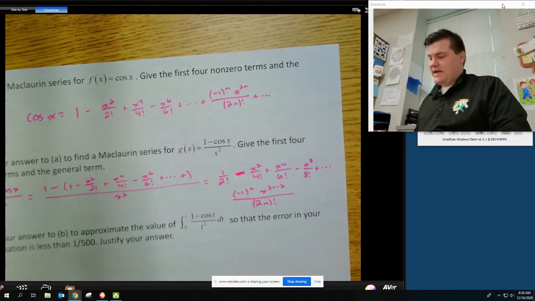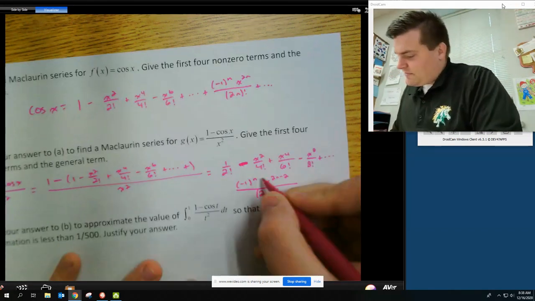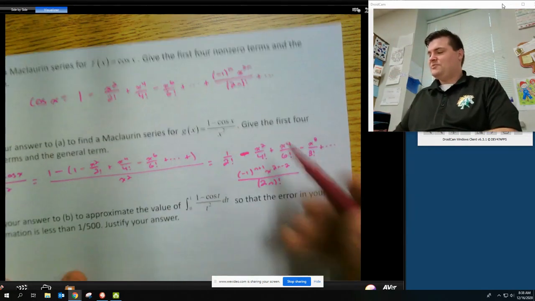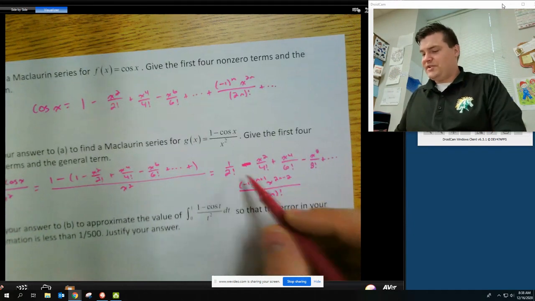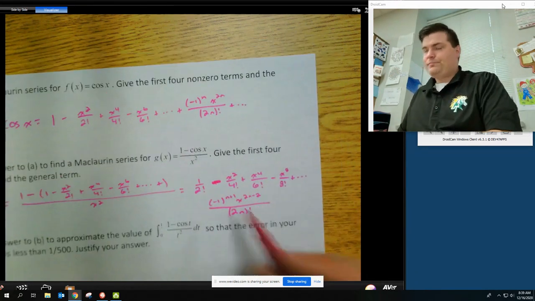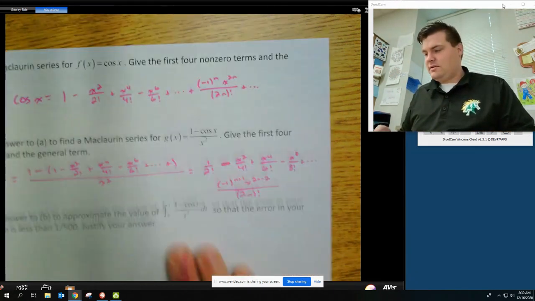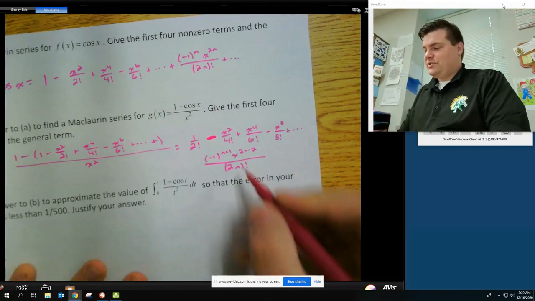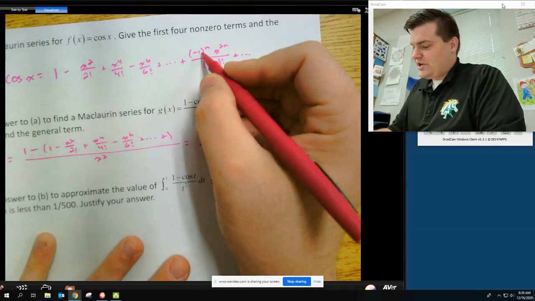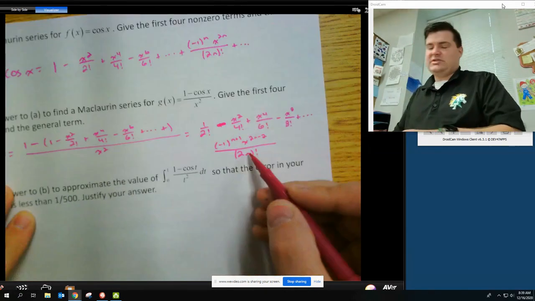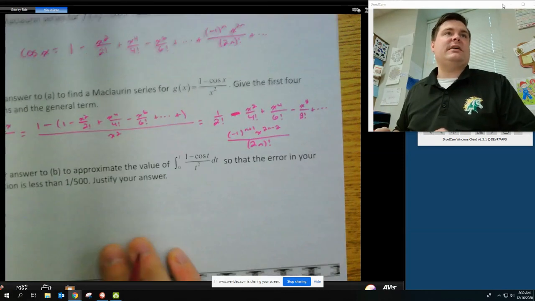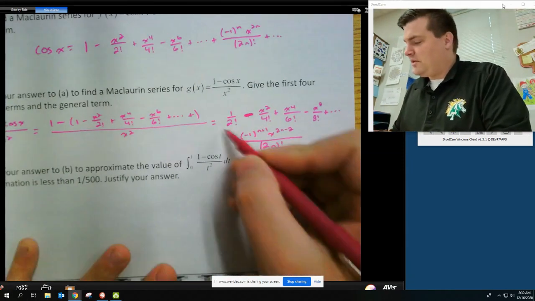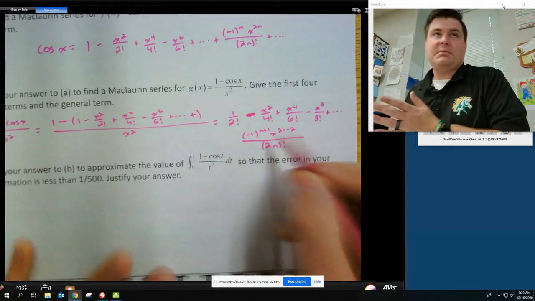So the only thing that really happened here is changing that to an n plus 1 because I'm now alternating on the evens instead. So that's all I'm doing right here. Just changing this with the plus 1, changing that with the x to 2n minus 2. So you just might need a little bit of practice with these to get from here to here, but